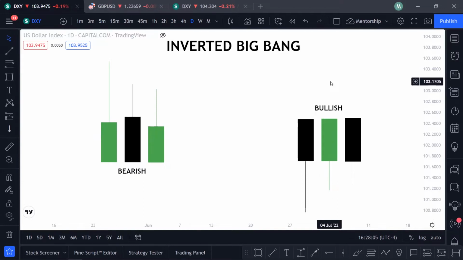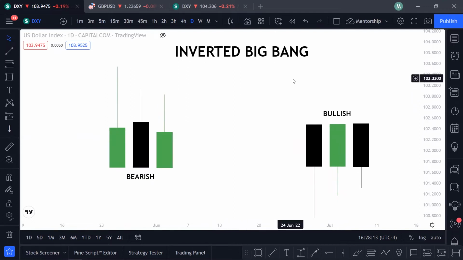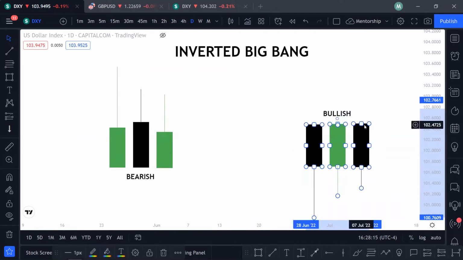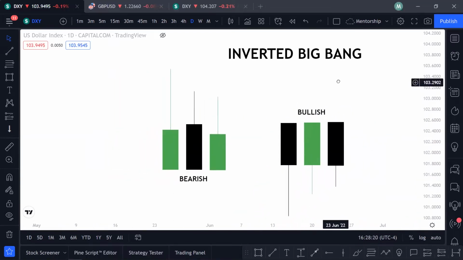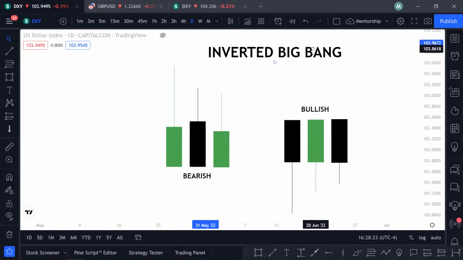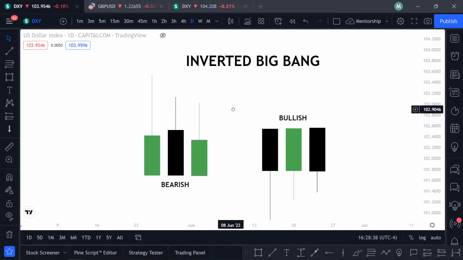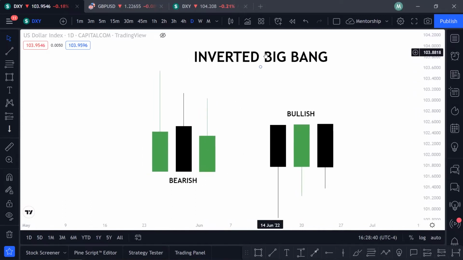It is Mentor speaking as usual, and in this episode we are going to talk about something that has been confusing most people. The concepts are so many that abantu batandise okwebuuza which concept to use where. No, all these concepts work. That's why I am introducing so many concepts in every video. But before we get started with the inverted Big Bang concept,